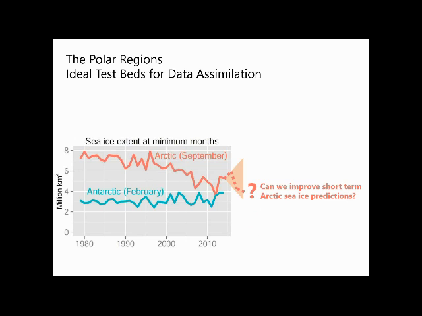Now I'm reviewing my 3 questions from this angle, and the first question that I asked was, how can we improve seasonal sea ice predictions? What you need to know here is that to improve our predictions in summer, so to make skillful predictions a few months in advance for the sea ice, we would need to know in great detail how thick the ice is in the preceding winter, because the thickness of ice is the variable that holds a great deal of the memory of the system. But unfortunately, thickness is not easily observed from space, so we need some workaround. And this is exactly what data assimilation can offer us.